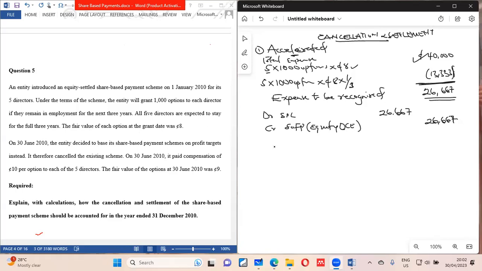All right. So we now come to the payments. We've done the accelerated vesting. So we recognize that amount that would have been recognized over the vesting period. So that is what we did. And we took off the expenses recognized at the year ended, the very first year.